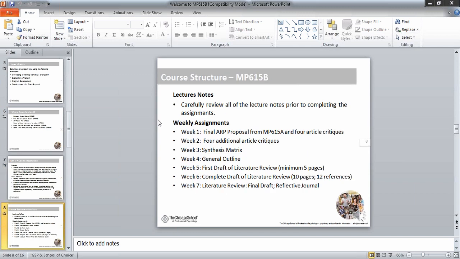The course structure for this 615B course I've put here, and this is again in the actual course in Canvas. You could go to this information as well, but just make sure you go through the different modules and lecture notes before completing the different assignments. And like I was talking about, everything's set up in a way to help develop that